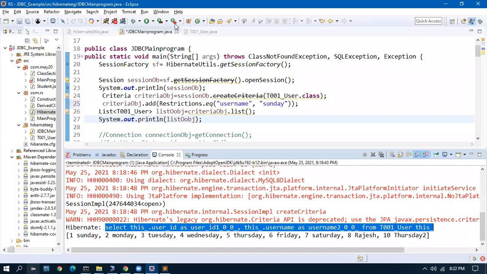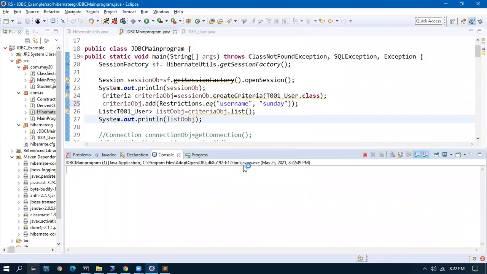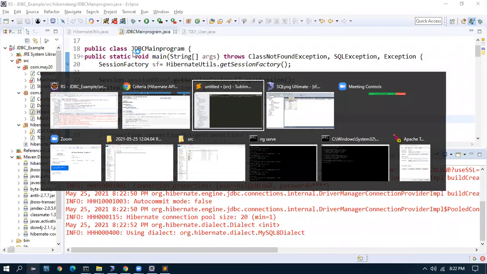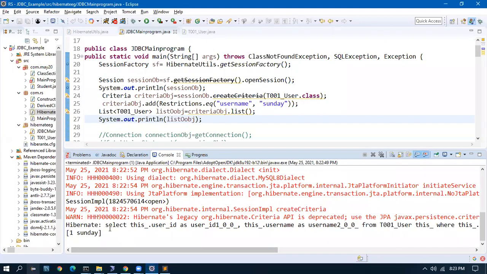Now let us rerun this with a criteria. So this was the query.list full table fetch.